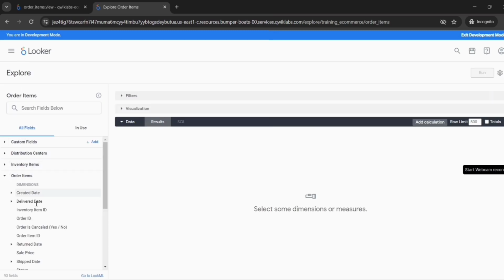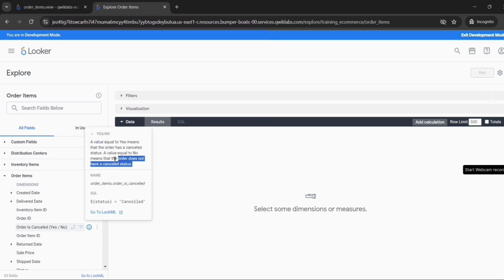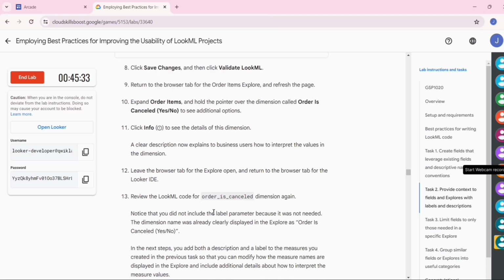Now expand the order item and hover over the order is cancelled, yes or no. Click on the info button, and you will now be able to see the description. So this task has been done. Now we have to add label and description to measure. For that, come back to the lab instructions